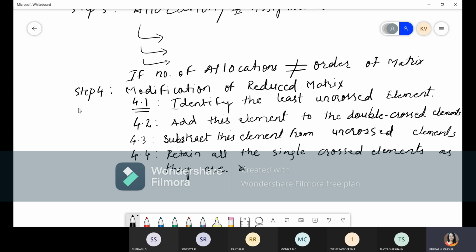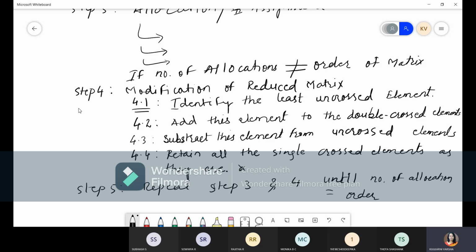Okay. And then step 5, we need to repeat step 3 and step 4 until we get the number of allocations equal to the order of the matrix.